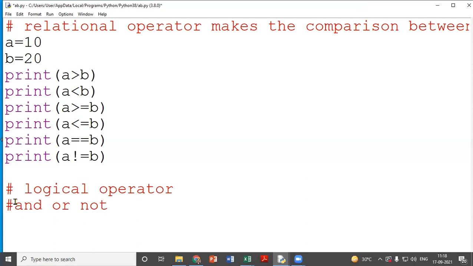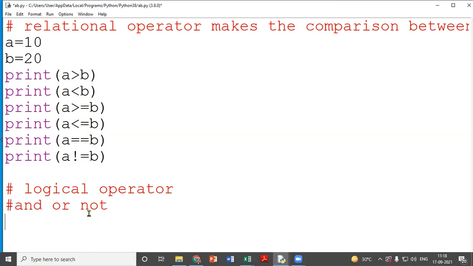But in the AND case, all the given conditions should be true, then only the answer will be true. In the OR case, any one of the conditions should be true, then it will return true. And not: if the condition is false, it will return true. If the condition is true, it will return false.